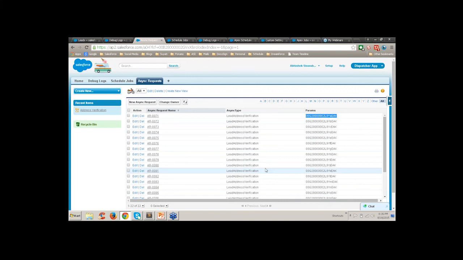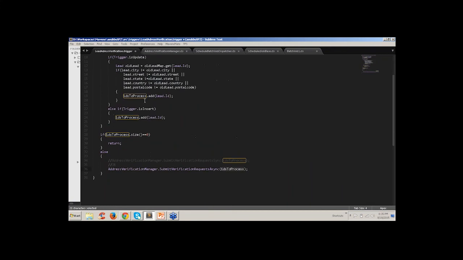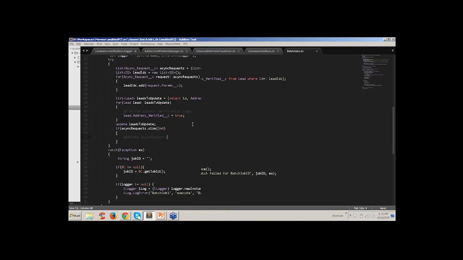The batch is going to read the queue and process. So instead of sync, you call an async method, and the async method will submit records into the queue. Here you can see we are inserting all the async requests and ending it. The trigger is lightweight right now; it just has to insert the async request and exit out. Now what will the dispatcher do? The dispatcher will run every 10 seconds, and if it is a 5-minute mark, it will execute this batch job.